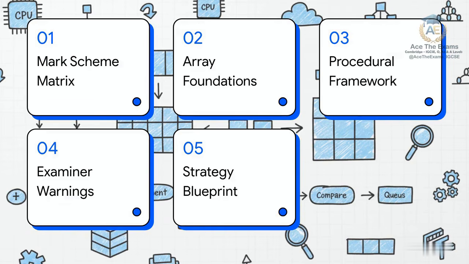We're going to decode the mark scheme matrix, lock in those array foundations so they're bulletproof, build a procedural framework, analyze those critical examiner warnings so you don't repeat the mistakes of past students, and we'll finish with a final